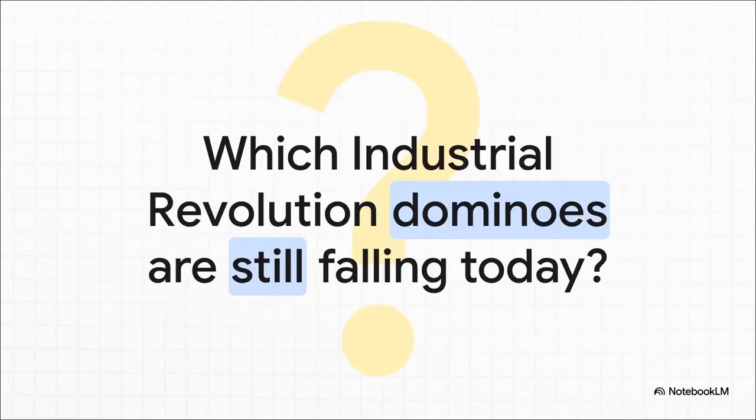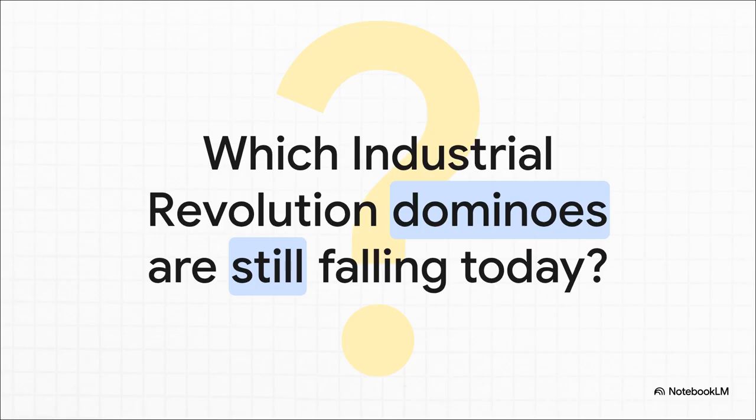So there you have it, the whole chain reaction. It starts with a flying shuttle and a little textile mill, which leads to the spinning jenny, which leads to the cotton gin, to the whole factory system, to the steam engine and steel, to the railroad, which creates the terrible social problems of industrial cities, which then sparks political revolutions and these huge ideological fights between conservatives, liberals, and socialists. It's all one long connected story.